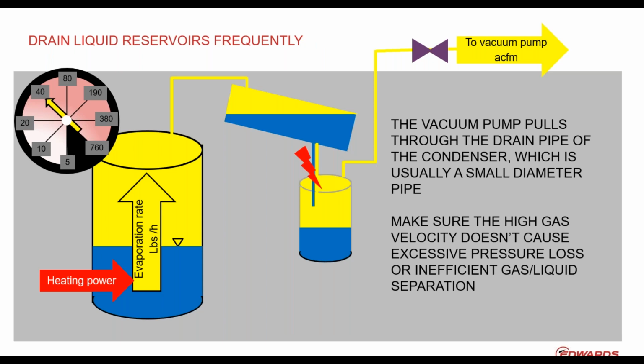The other aspect that I wanted to show you when it comes to this drain line is you have a condenser, a 2-inch drain line into the drain tank, and then apply vacuum to it. The vacuum pump actually pulls through that pipe, and again, if you have all the effects that I was explaining earlier,